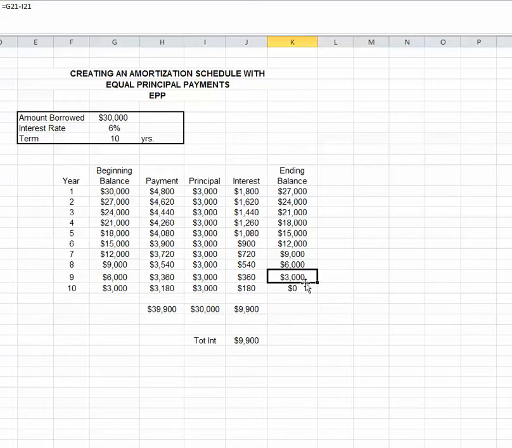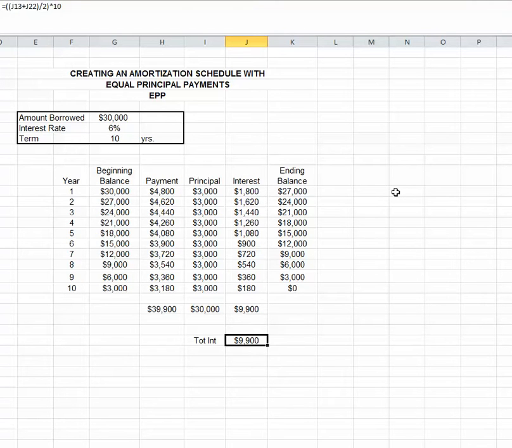You know that because the $3,000 principal payment in the last year will pay it to zero. So you could simply calculate that last year's interest as 6% of that 3,000, which is also the beginning balance of that year. So even if you didn't know all these numbers in the amortization table, you can always arithmetically compute the interest in the first year and the last year,